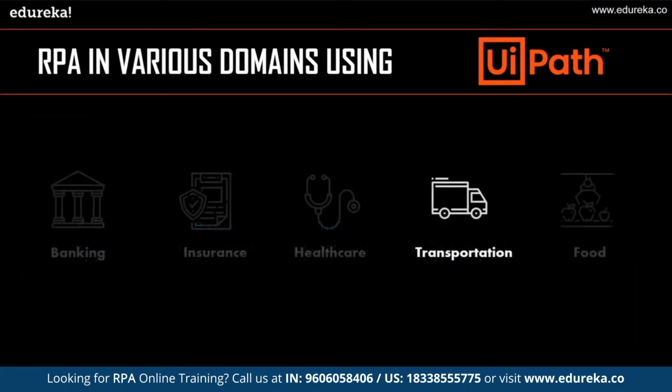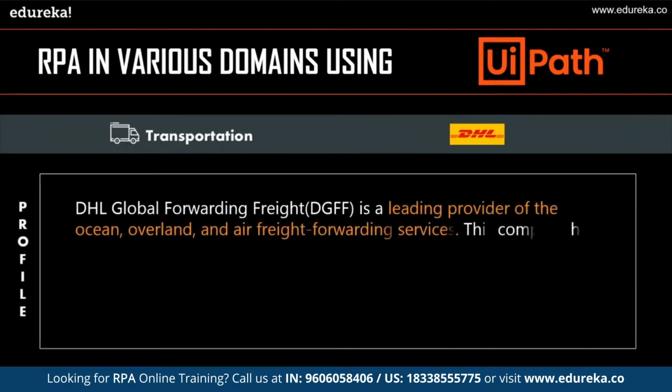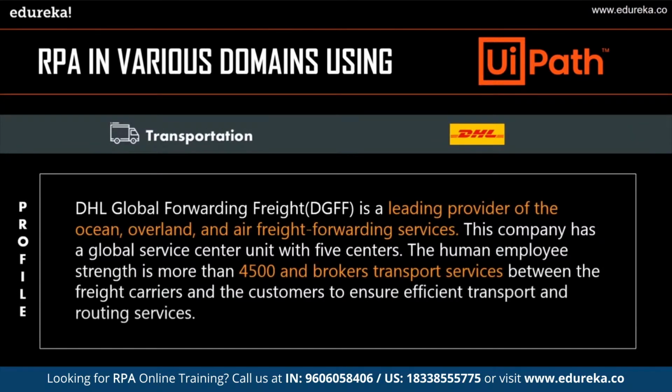Now let's move on to the next industry, that is RPA in transportation. To explain to you how RPA is used in the transportation industry, I've considered DHL. DHL Global Forwarding Freight is a leading provider of ocean, overland, and air freight forwarding services. This company has a global service center unit with 5 centers, and the human employee strength is around 4,500 employees. This company provides broker transport services between the freight carriers and the customers to ensure efficient support